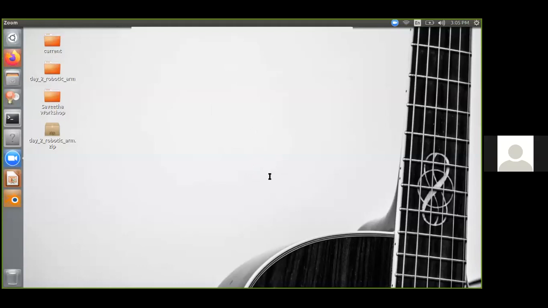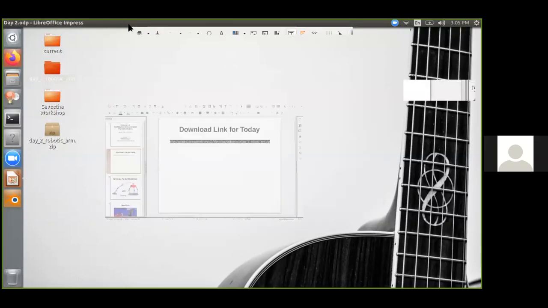Okay, someone, Dr. V. Muthukumar is saying that if we download a Blender, it is not working. So it is not a problem. We won't be doing much in Blender. We will be just trying to change the color. That is not a problem. I have already sent the files in the download. If you have downloaded this Day 2 robotic arm, that is more than enough. Have you downloaded it, sir? Okay, fine. That is not a problem, Dr. V. Muthukumar. Okay, I think I can proceed with the next slide.